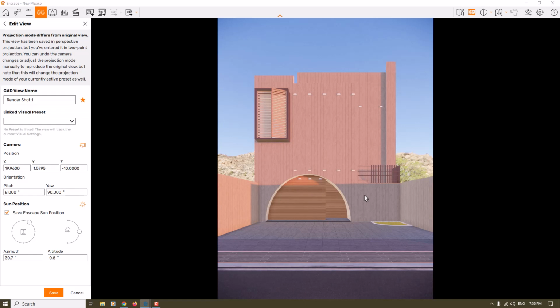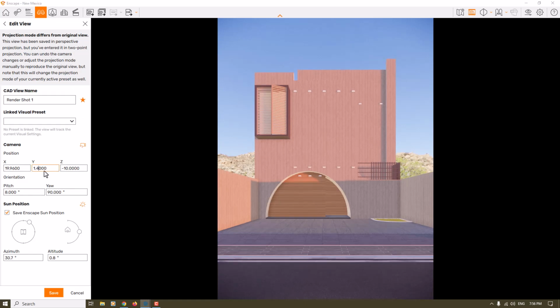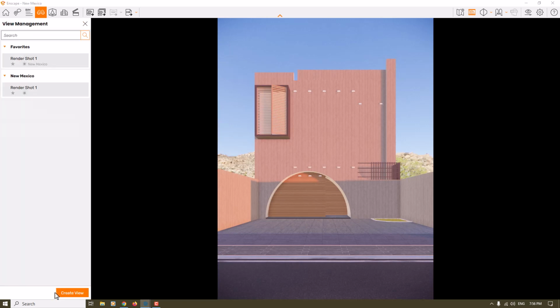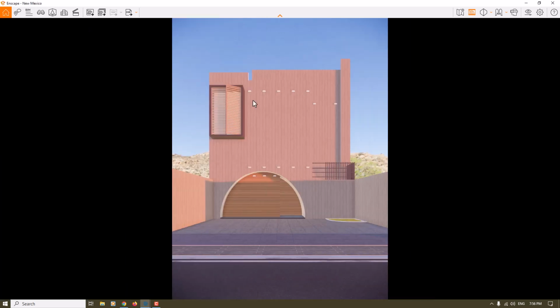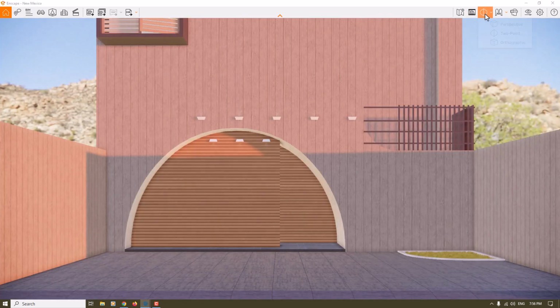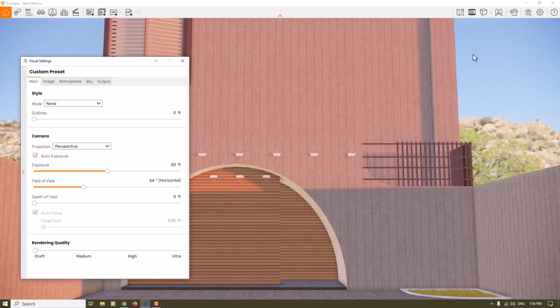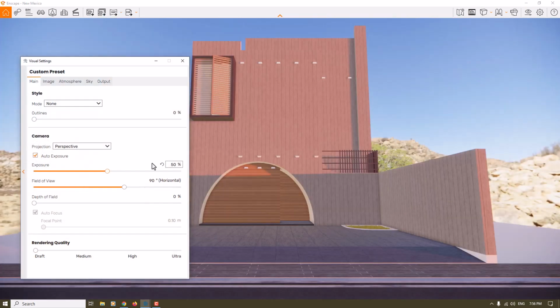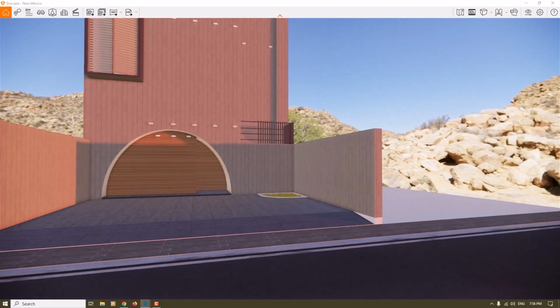So I want to change my eye height and fix it in some number about 1.4, and I'm gonna click on the save option. So I'm gonna remove the save frame. I'm gonna click on the perspective and change my field of view to the normal. So now I'm gonna